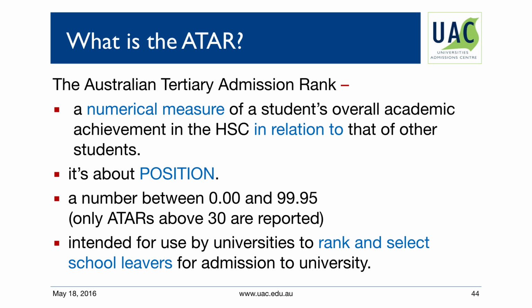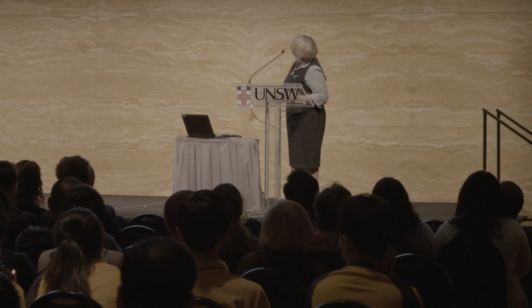So what is the ATAR? And Jonathan has talked about this. It's a number from 0 to 99.95. We used to have 100 years ago. It's quite a long time ago, and everyone still says, why can't we get 100? Well, remember, ATAR is a rank. And if you had a rank of 100, that means that you've beaten 100% of the people, meaning you've beaten yourself. And statistically, you can't have a rank of 100.